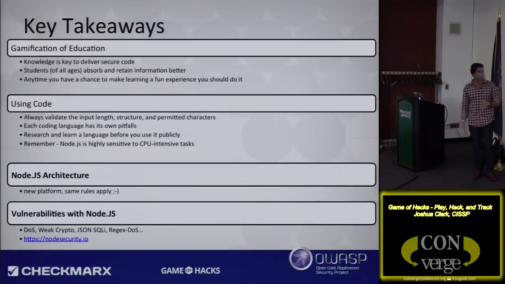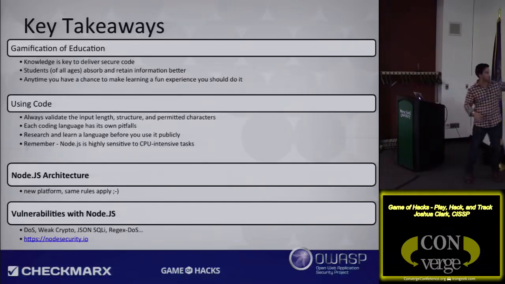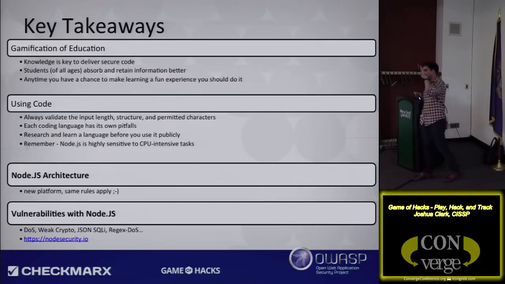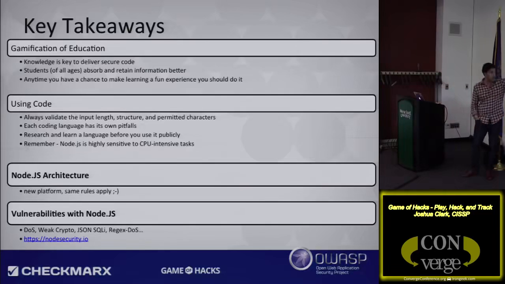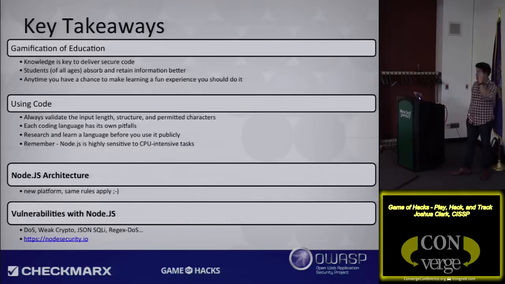Then, some of the vulnerabilities that I tried to demonstrate here in Node.js were obviously the denial of service, which worked pretty straightforward. I didn't get to show you the weak crypto demonstration because our rainbow table's down at the moment, but it actually is a pretty slick demo. Since Node.js is a single process, the core architecture uses Google's V8 engine inside the process, and inside that process it uses a crypto random number generator.